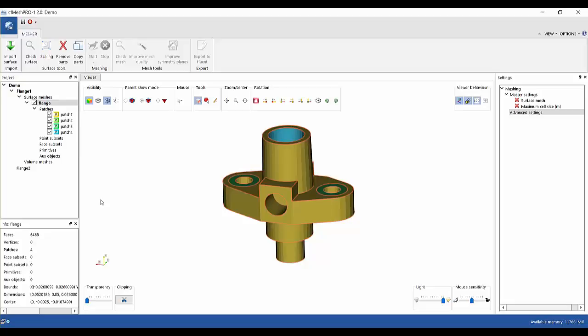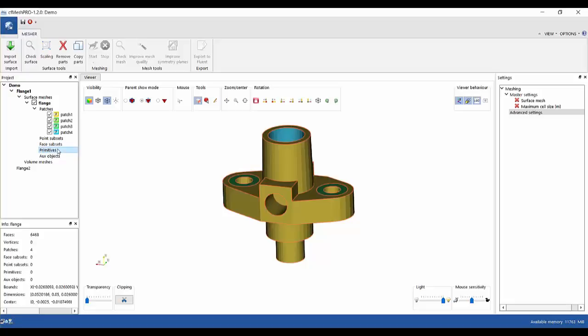Point and face subsets, as their respective names indicate, are subsets of points and faces respectively, and in many situations can prove useful in preparing the surface mesh for the meshing procedure. Face subsets, unlike patches, can overlap. The most likely usage of face subsets in the meshing process is to demarcate zones on the simulation domain boundary where mesh refinement is needed. Similarly, primitives are also frequently used to demarcate the mesh refinement zones, but in this case not on the domain